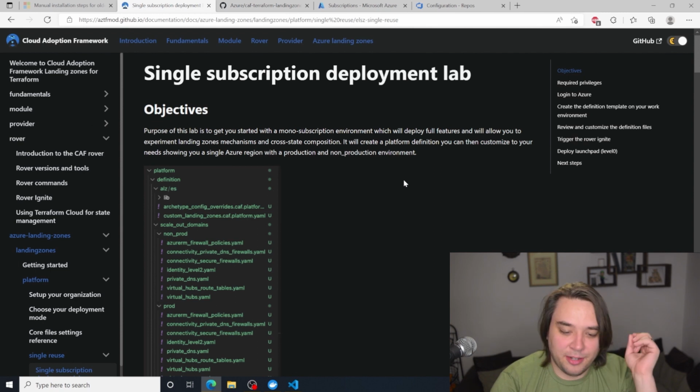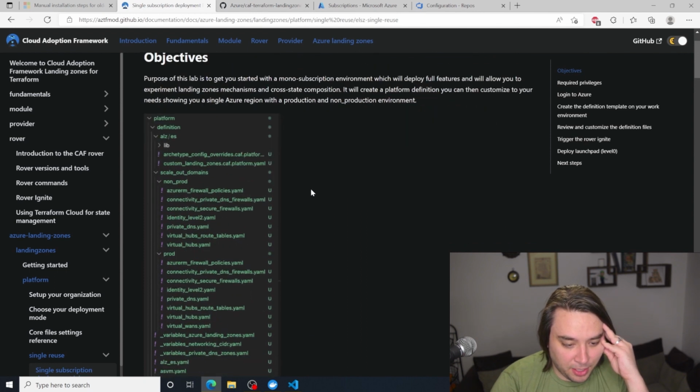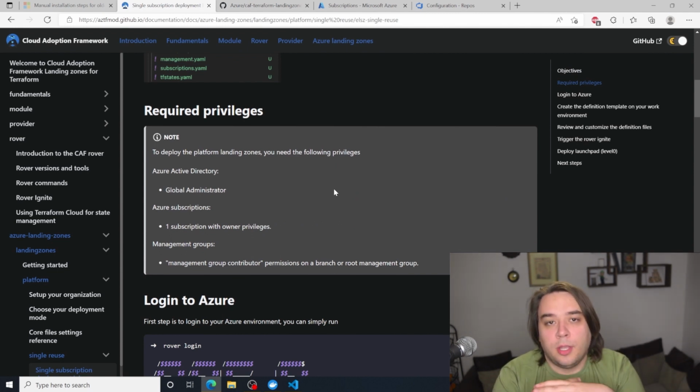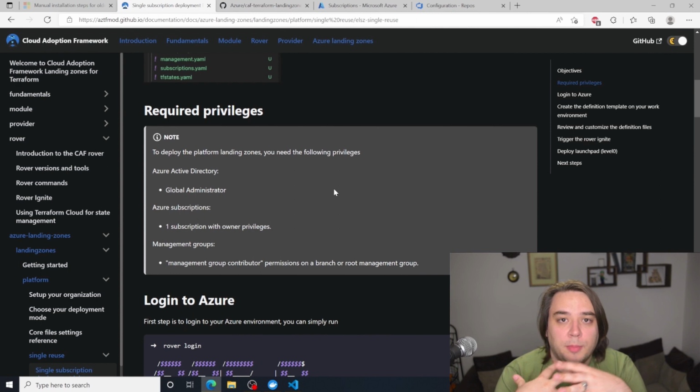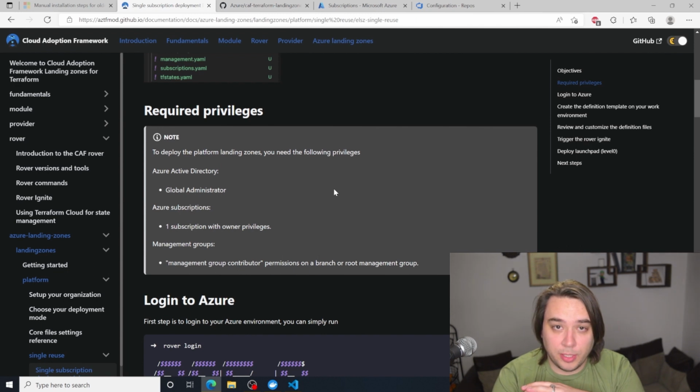Okay, cool. So we start and look at the single subscription deployment lab. The purpose of the lab is to get us started. We are now going to look at the required privileges. As I've recommended to you before, to create a new tenant, you should have global administrator rights. If you are working in a test environment and you do not have global administrator rights, you might struggle with the next Launchpad.